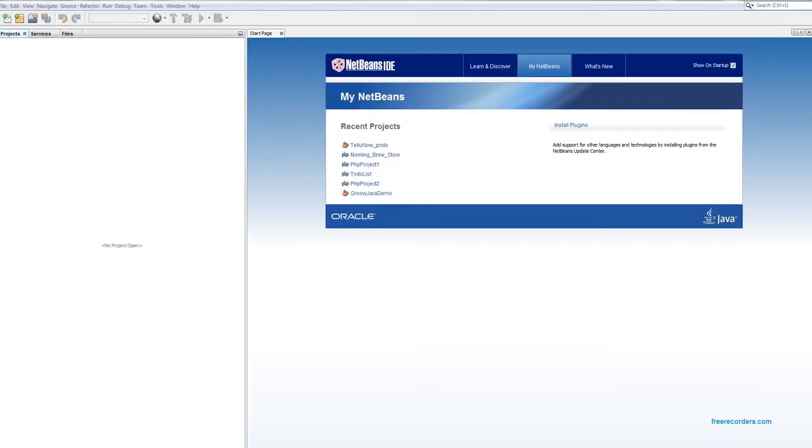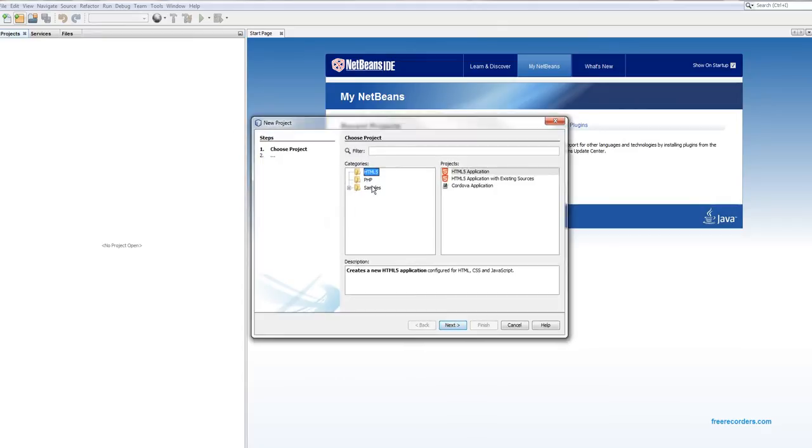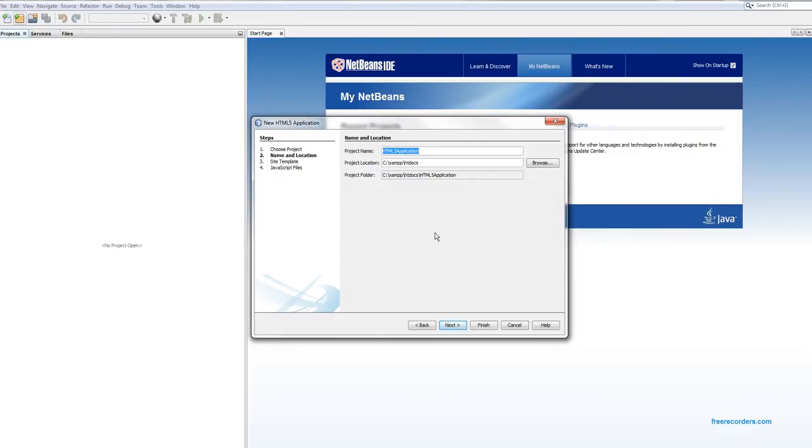What we want to do is start a new project. And you'll see that we have PHP samples and HTML5. If you have more different kinds of projects, that's okay. Just go find HTML5, and we want HTML5 application. Hit next. And again, the project name, let's just call this hello